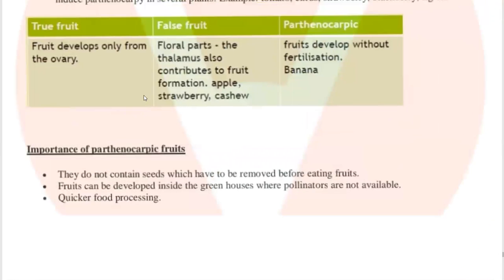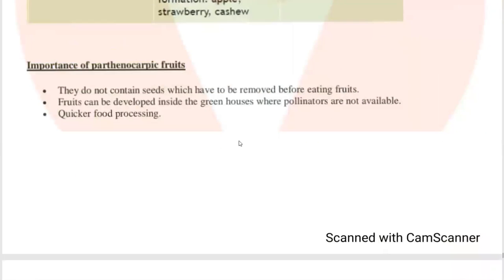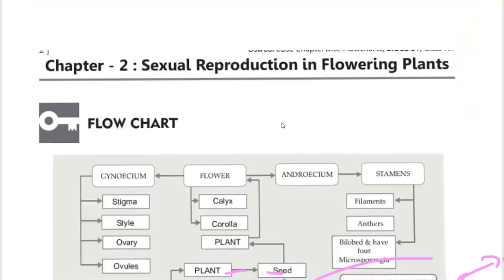This is true fruit, false fruit, and parthenocarpic fruit. In parthenocarpic fruit, no seeds are visible. Importance of parthenocarpic fruit is they do not contain seeds which have to be removed before eating fruits, so we can directly consume it. Fruit can be developed in the greenhouse where pollinators are not available, and quicker food